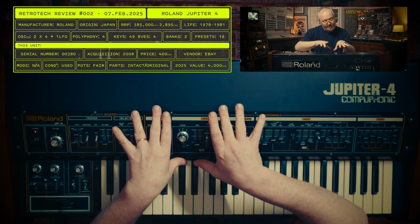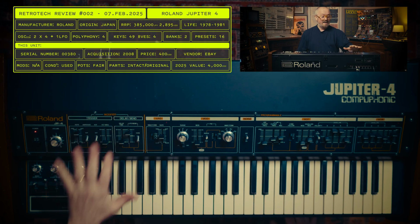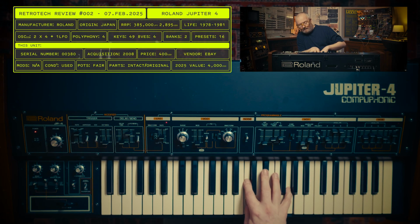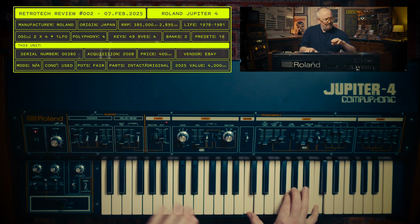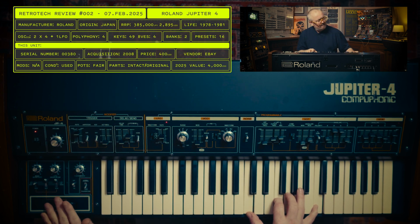And what's really interesting about using this Jupiter compared to the Juno and synthesizers that followed is how they decided to wire it up. I've spent a whole day trying to get my head around this thing, realizing that the way other synths became wired was certainly not the way this was. And I think this one has been wired and designed so you don't use it with 2 hands, which is why the stuff you want to do with your left hand is situated on this side of the keyboard, not over here. It's meant to be a voice. Playing with your right hand,